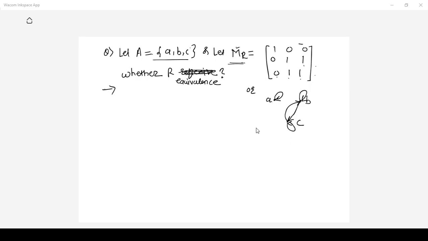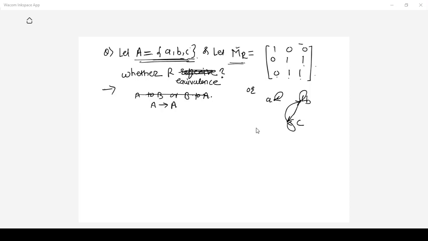So matrix representation of relation R means what? Now relation R is defined on set A, from set A to set A. As it's not mentioned, we have to assume it is defined from set A to set A. If two sets are given, then we need to check how it is defined, whether from set A to B, or from set B to A. In this case only set A is given, and nothing is mentioned, so we should assume the relation is defined from set A to set A.